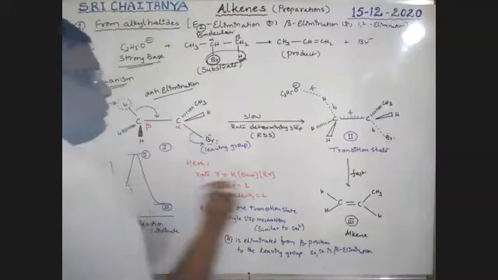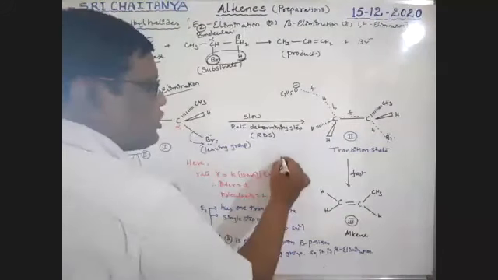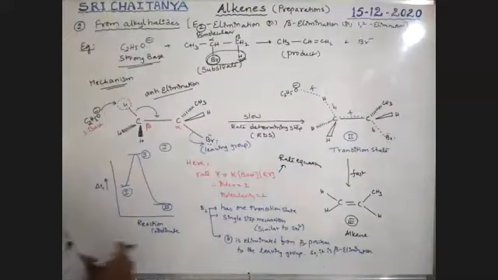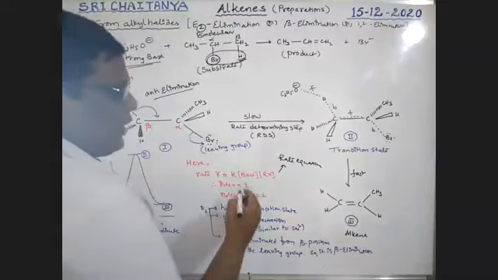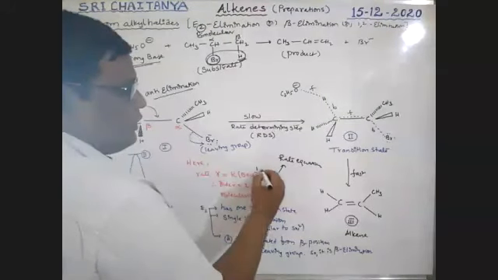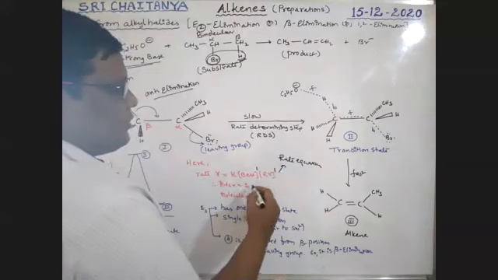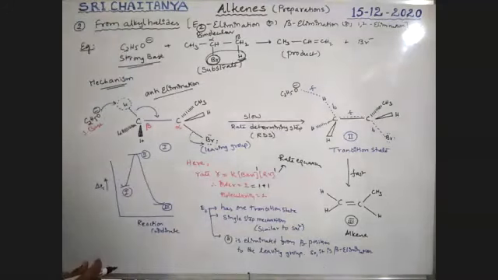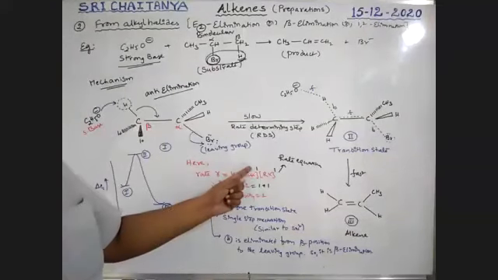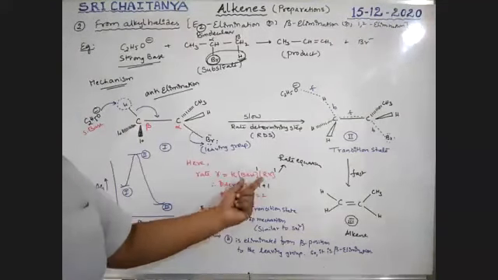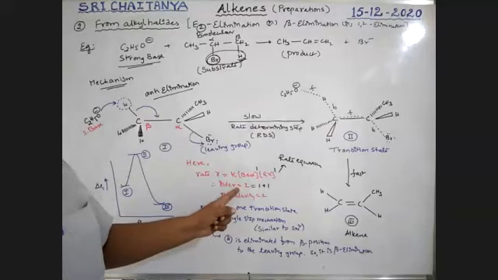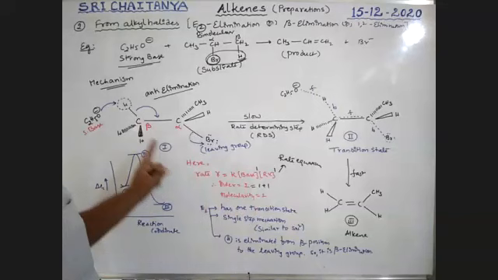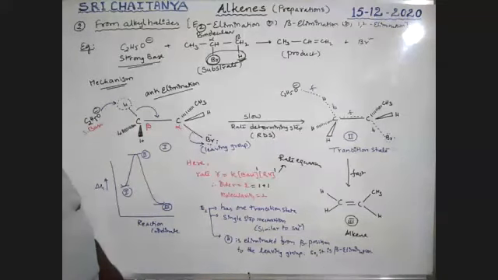This is called the rate equation, boys. In the rate equation, these are the concentration terms. The sum of the powers of the concentration terms is nothing but the order n, nothing but 1 plus 1. So in the rate equation, the sum of the powers of the concentration terms in the rate expression is the order of the reaction. Here power 1, here power 1, 1 plus 1, 2. Therefore, the order of this reaction is 2 only.